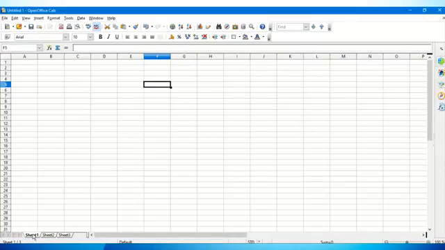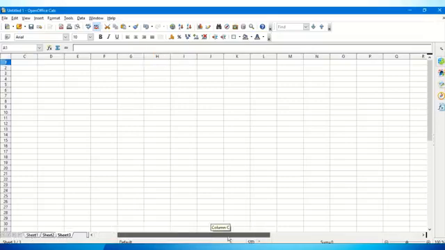Now below this is your sheet tabs. By default there are 3 sheets: sheet 1, sheet 2 and sheet 3. So these are the 3 sheets. We can insert more sheets into our workbook, and I will tell you how to do that. There are 3 methods of doing it, which I'll be explaining to you later on. Now navigating between the sheets also can be done. As of now there is not much in any of the sheets, so I need not navigate from one sheet to the other.